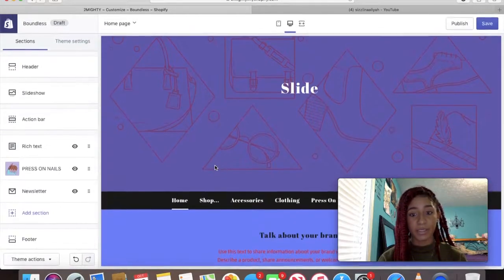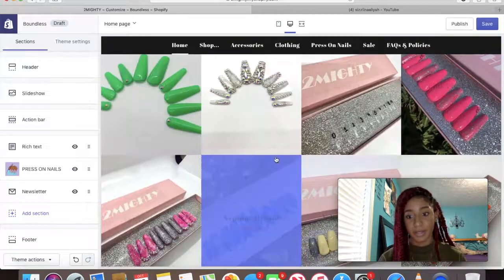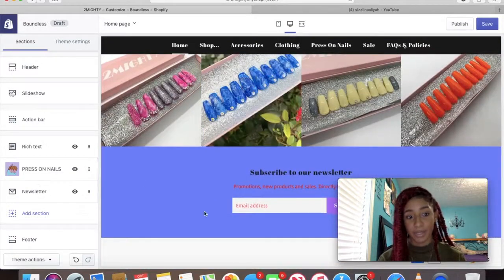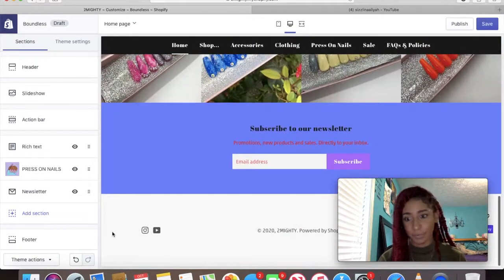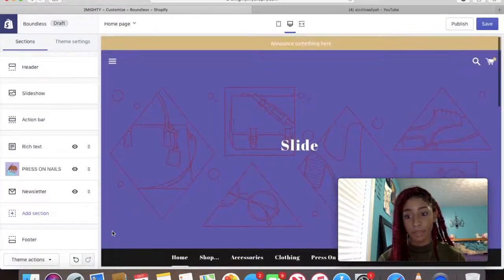Action bar, which is right here. Here's the action bar, and then text, and then it shows that the collection Press on Nails is showing. Here's Press on Nails, and then the newsletter, and then the footer, of course. But yeah, it's just the setup of how you want your